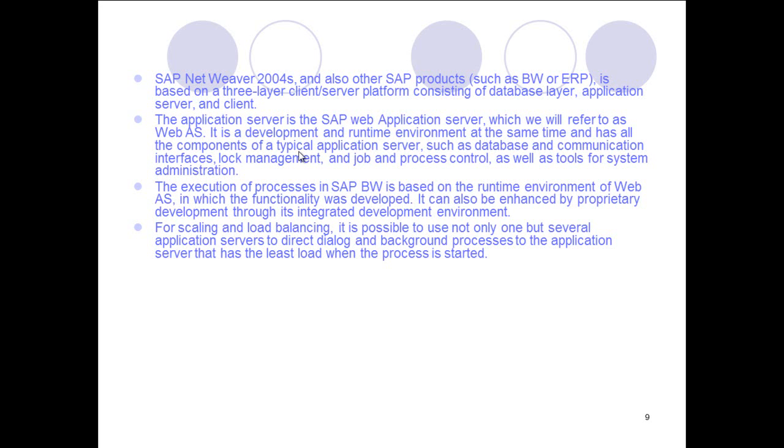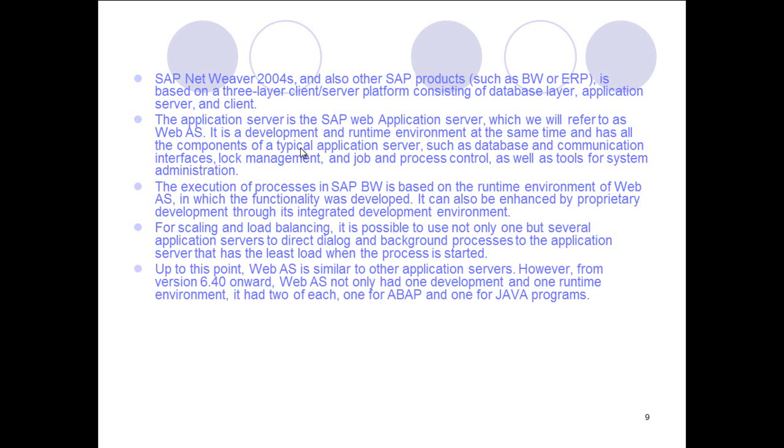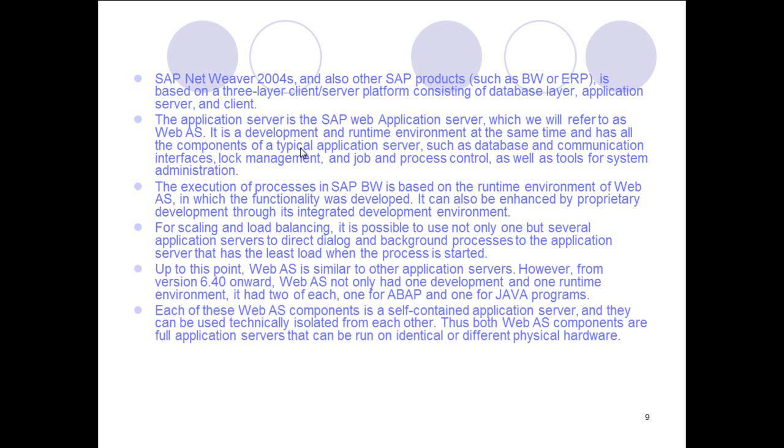For scaling and load balancing, it is possible to use not only one but several application servers, to direct dialog and background processes to the application server that has the least load when the process is started. So up to this point, the Web Application Server is similar to other application servers, but